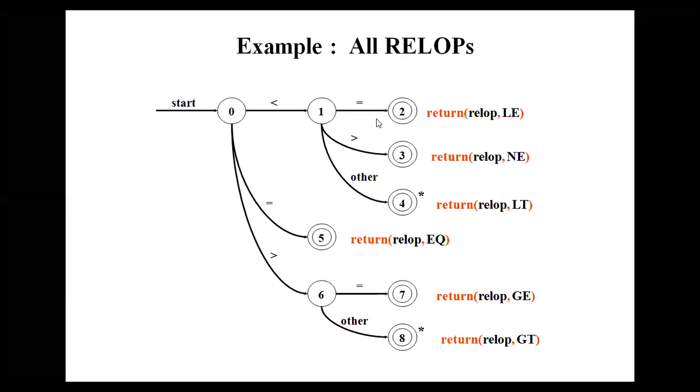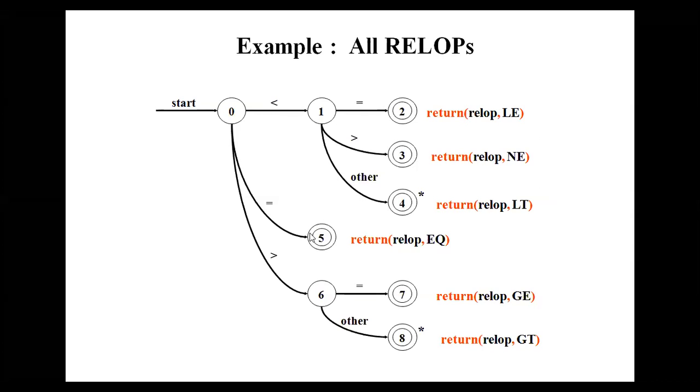It is less than or equal to. Here we have less than and greater than, which means the statement that is going to be returned is the not equal to operator. Here we do not have any terminal; directly it is less than. These less than, equal to, greater than symbols act as the alphabet.